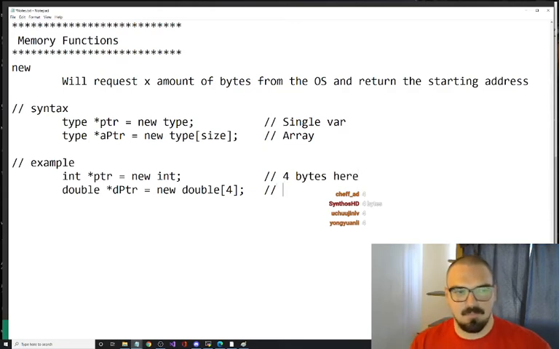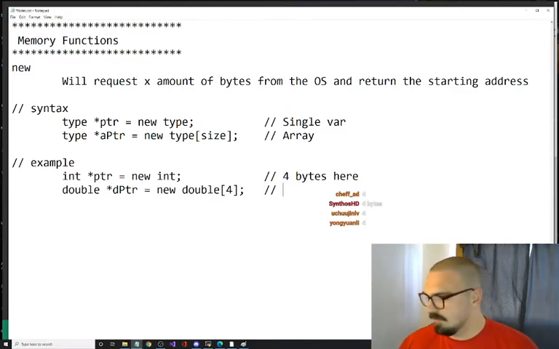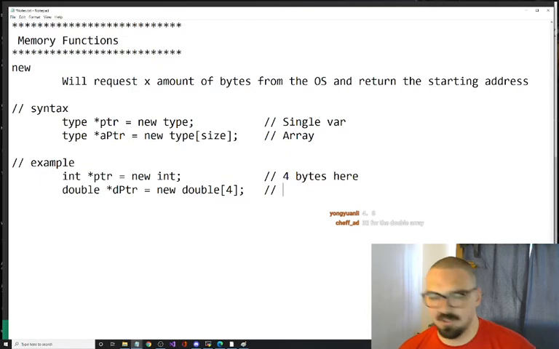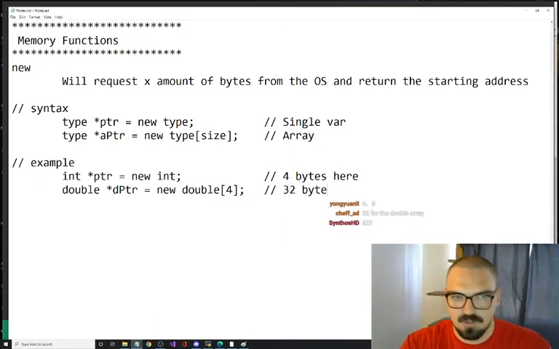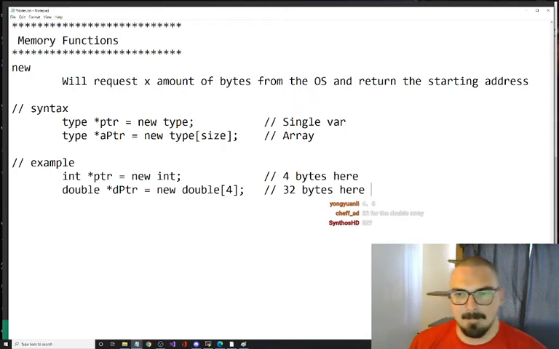Now, what about this one? How many bytes does the operating system give us here? 4 times 8, right? 32. 32 bytes here. Right? Very good, very good.